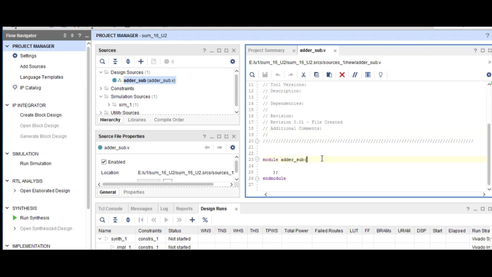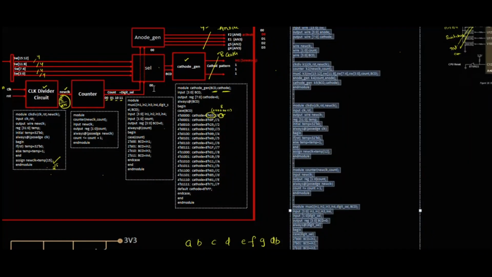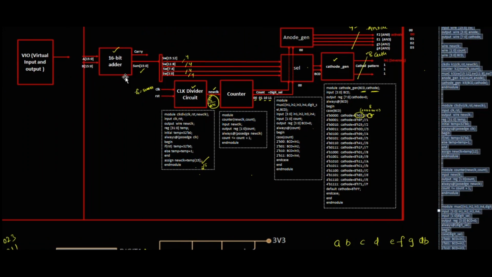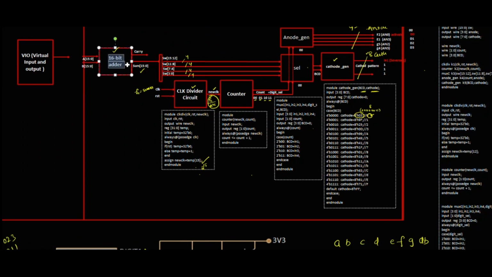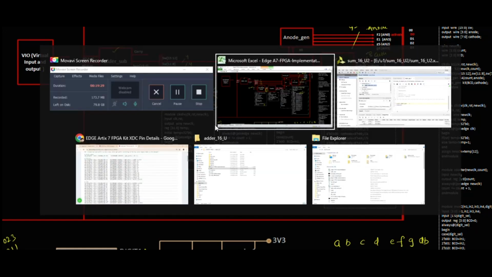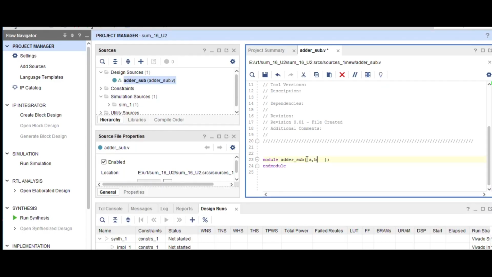The text window let me open, and where let me write a program. This is the program that I wanted to write for the adder subblock. The name of the module is adder sub. So the code I wanted to write: A comma B, the two inputs, and the sum comma carry, these are the two outputs. And inputs are A comma B,